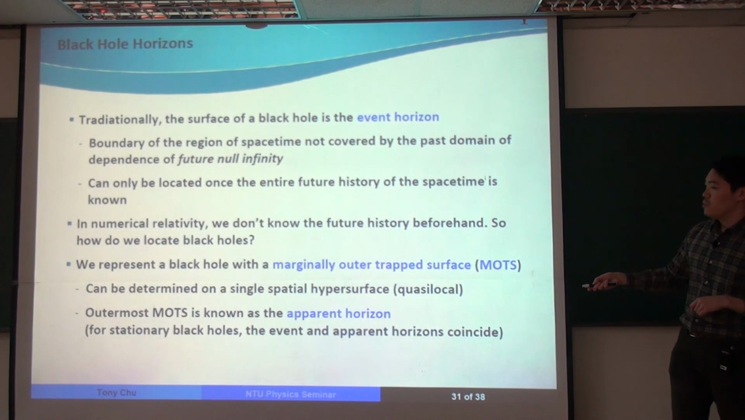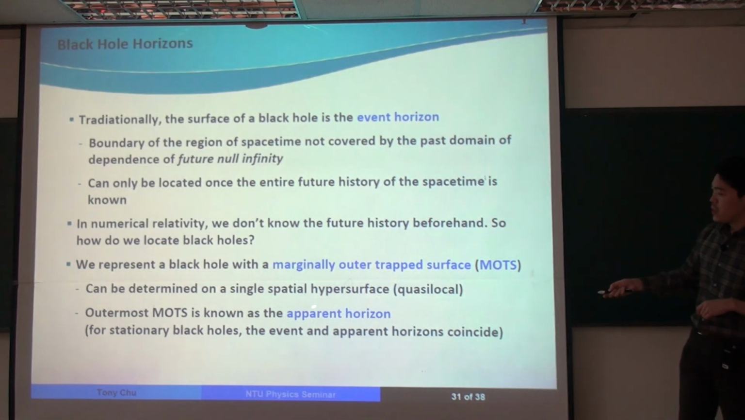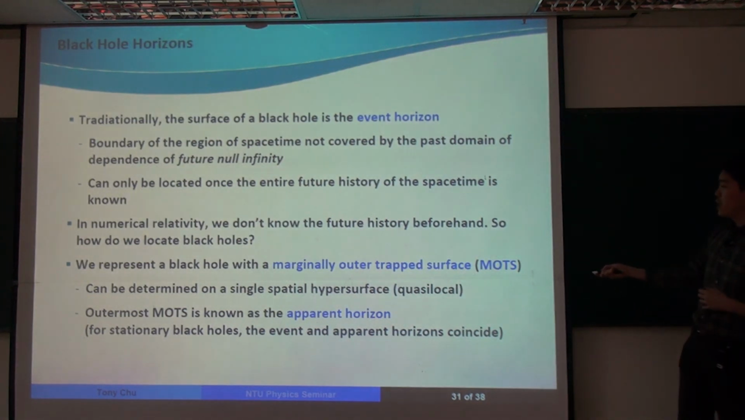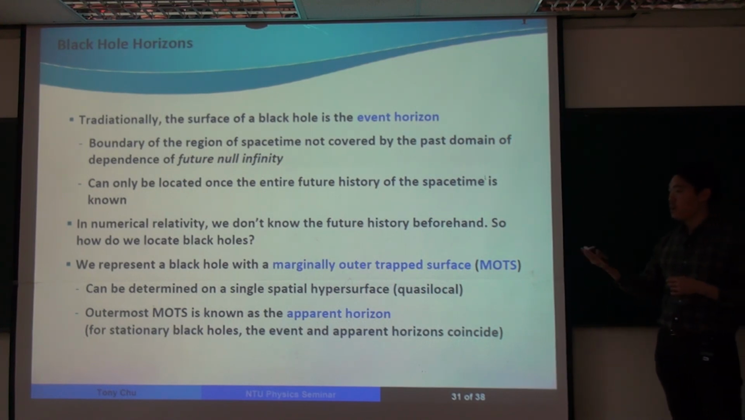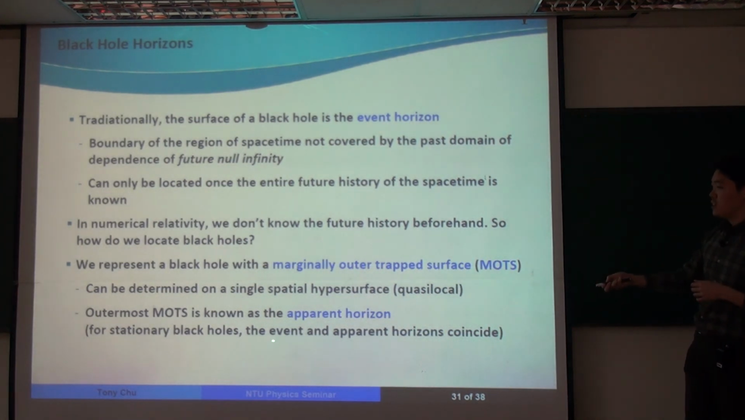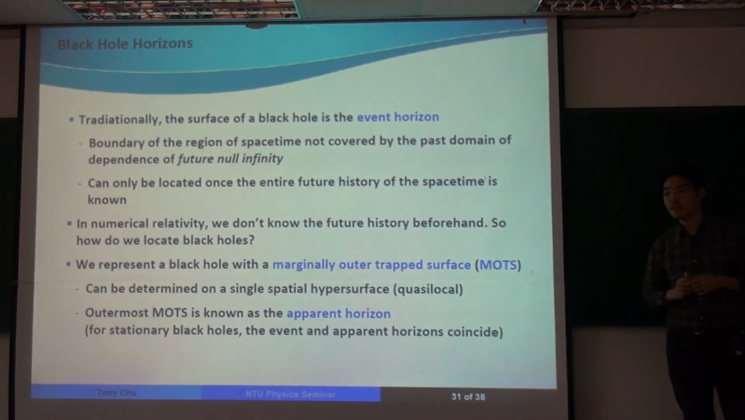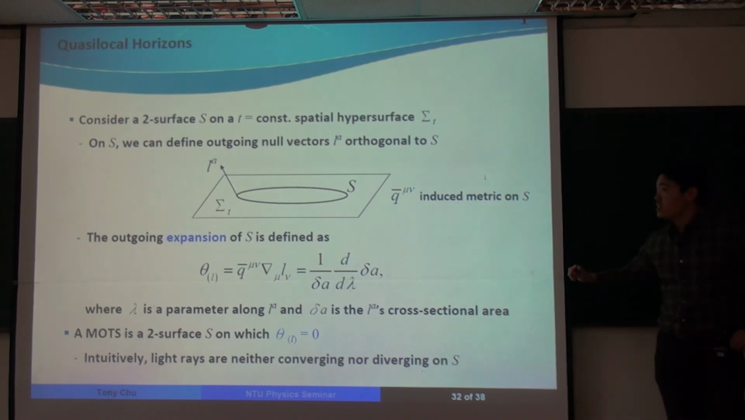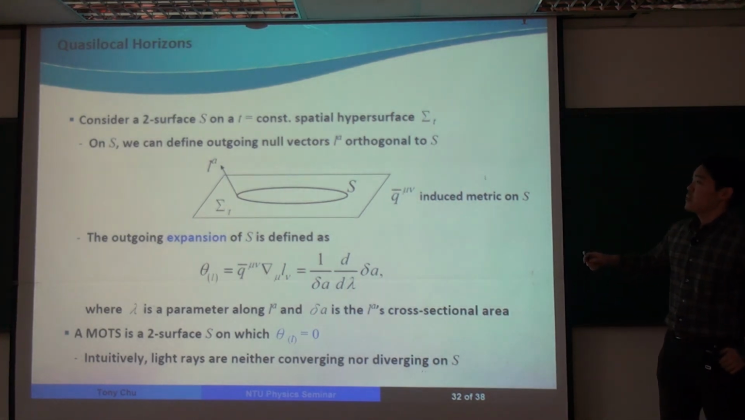This term might be familiar: the apparent horizon. The outermost marginally outer trapped surface, or MOTS for short, the outermost MOTS, is the apparent horizon. In stationary black holes, as you mentioned before, the event and apparent horizons are the same thing, but not in general spacetimes. So I'm going to go into some more detail about what exactly a MOTS is. If we consider a two-surface S on a constant-time spatial hypersurface sigma,